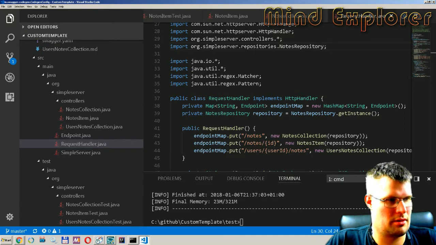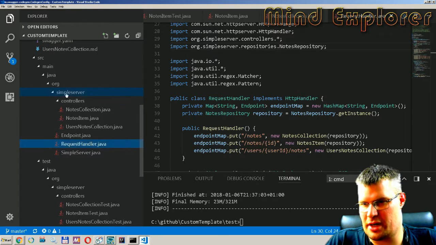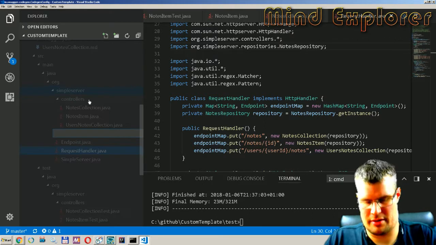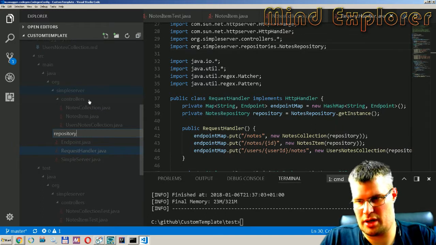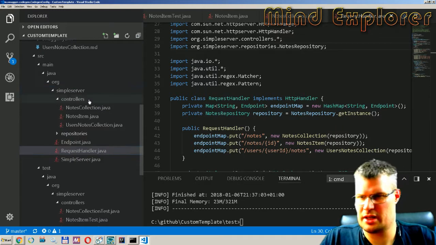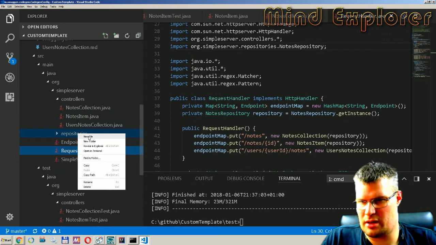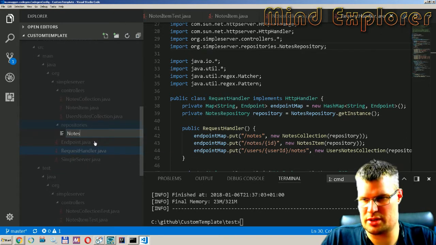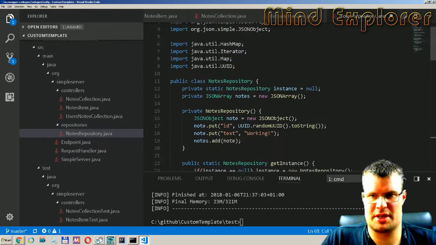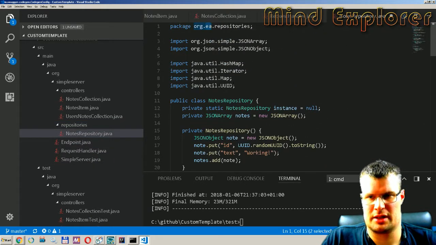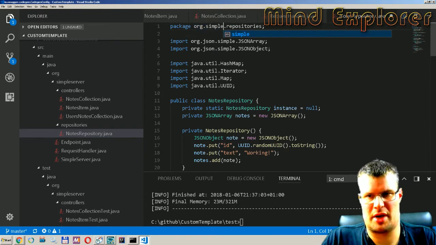So we create a new folder here, repositories, and we create a new file, notes repository, Java. We add the implementation of the repository, change the package there,